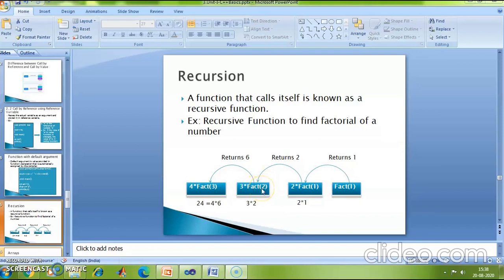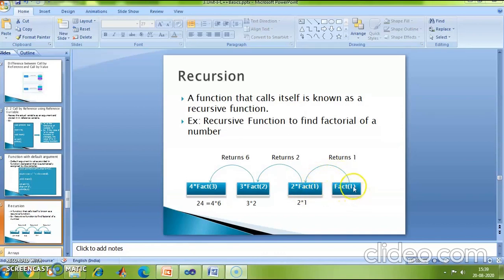So I execute the fact function again. So n value is 2. Is it equal to 1? No. Go to the else part. So what should I return? I should return 2 into factorial of 1. Right? So 2 into factorial of 1. So when I call the factorial of 1 function, I see that n value is equal to 1.